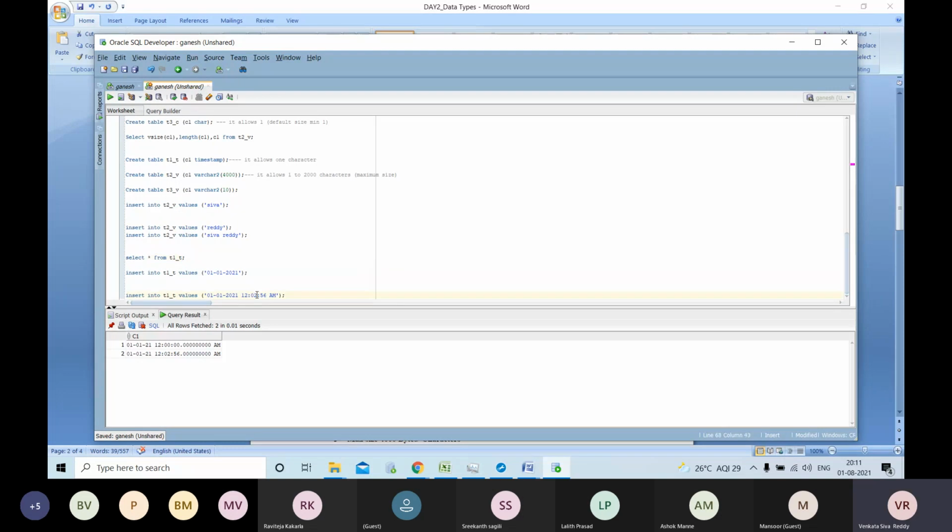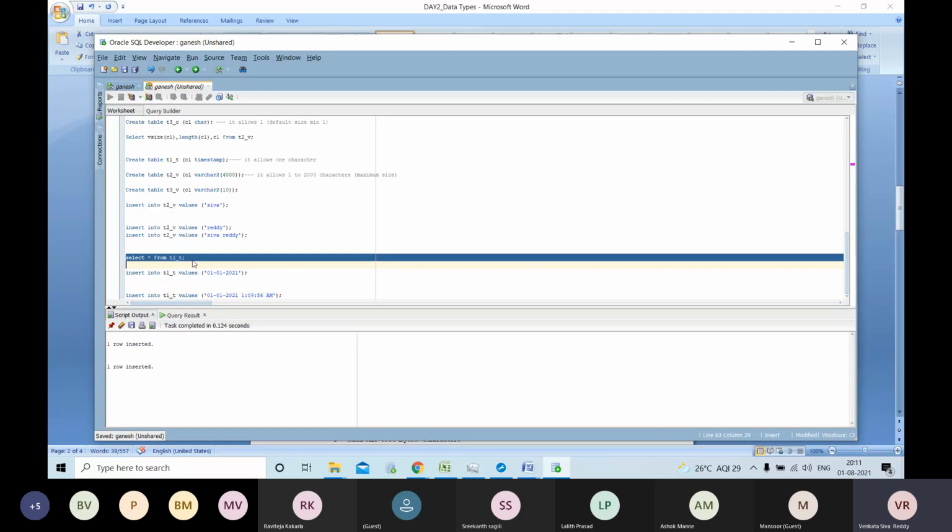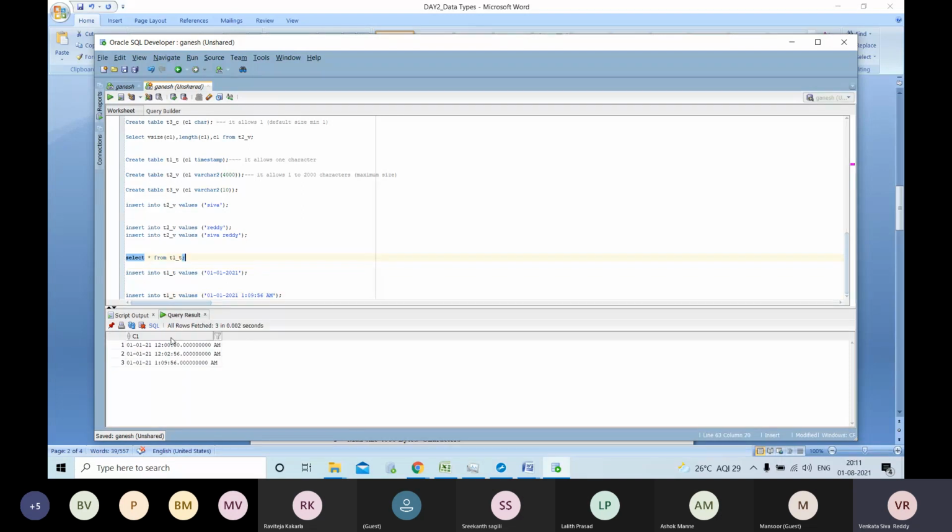I am going to use 9. Now if I want to find out the first transaction of the day, we can simply sort using this. So it will sort the data. This is the first, this is the second, this is the third transaction.